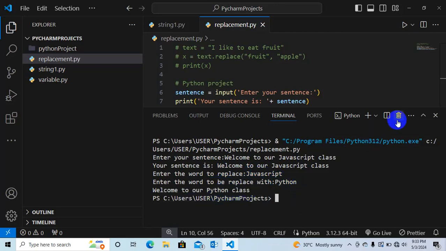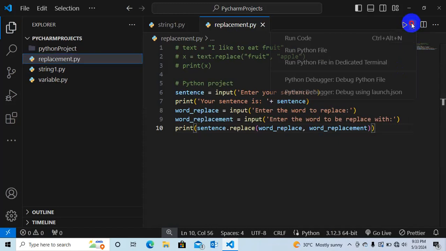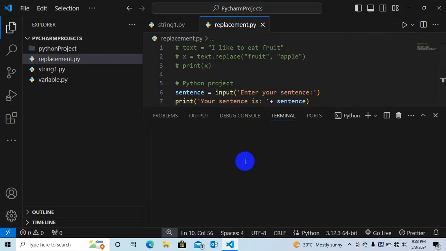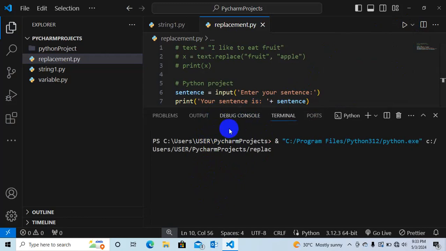Let's do one more example. Enter the sentence.